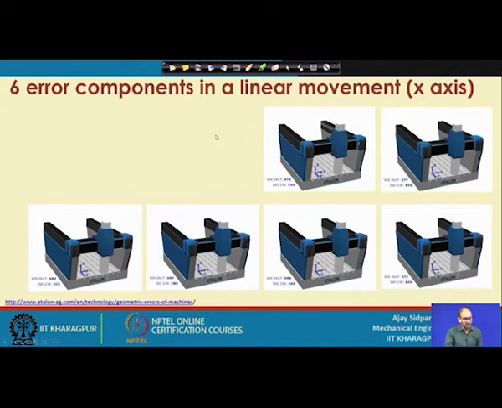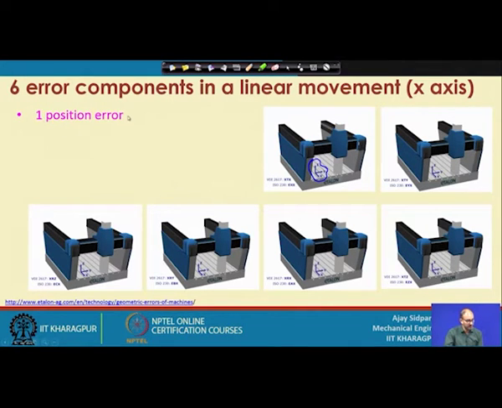Now, let us see what the different types of errors are in different axes. Consider the x direction only right now. So, this is the x direction. Notations are given here at this location, so you have to pay attention to this location, right. Each of the 6 errors is because of a deviation in the x axis, correct. So, what are these errors?